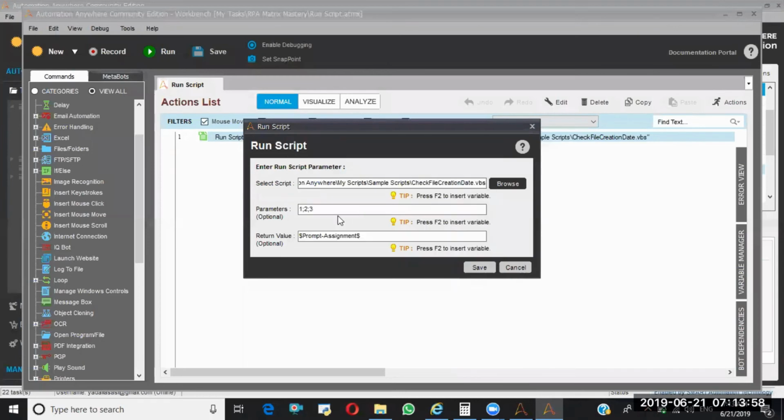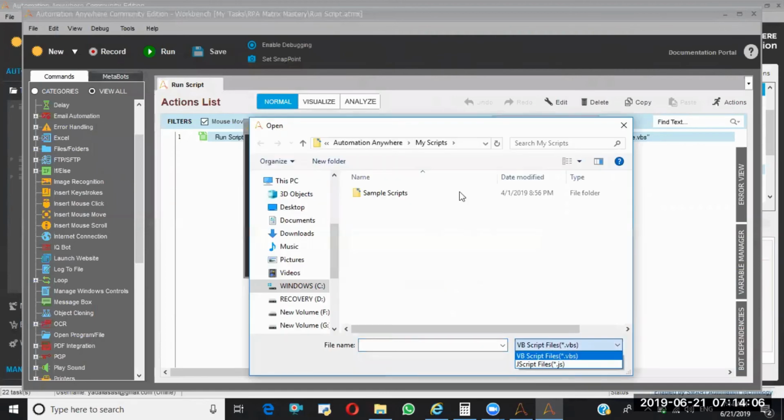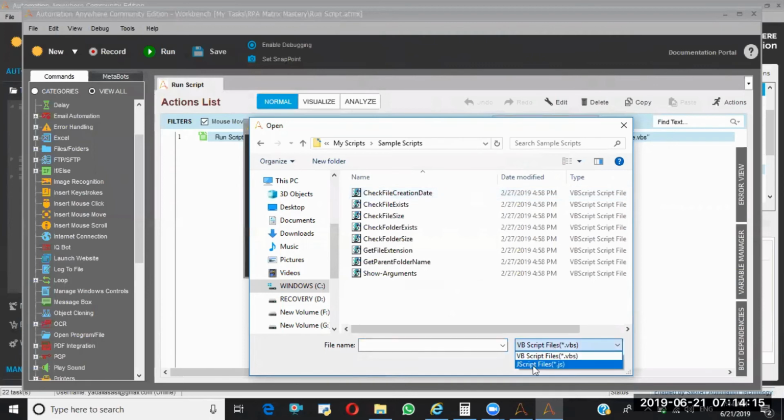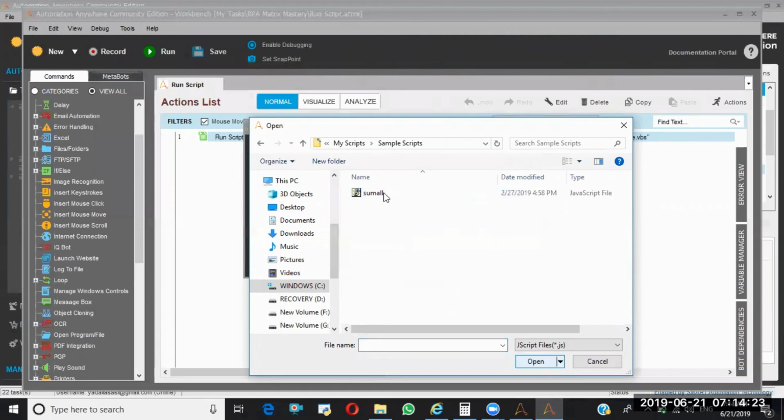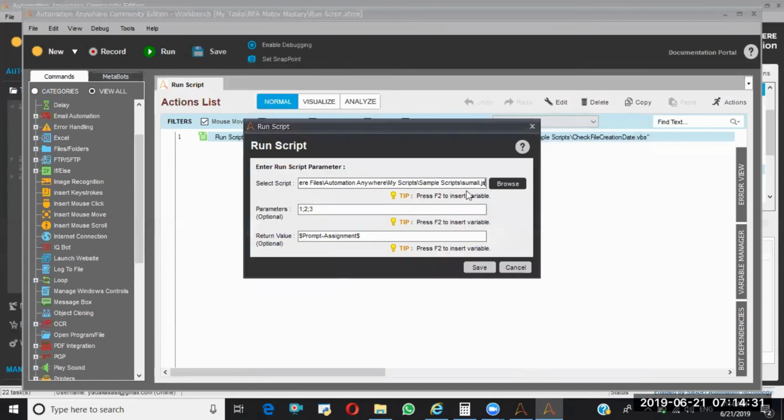Now it will take these parameters into this sum script. I am going to select the sum script. If you see here in this drop down, you have to change it to JavaScript files, JScript files. Then only you will be able to see the JScript file. I have only one JavaScript file called sumall, so I am selecting that. Now this JavaScript is going to take these parameters, 1, 2, 3, and add these three values.